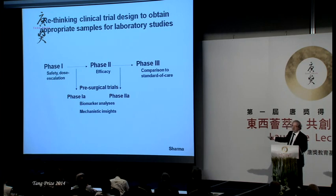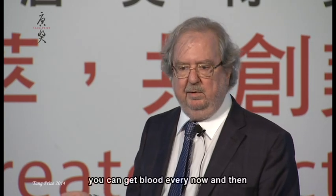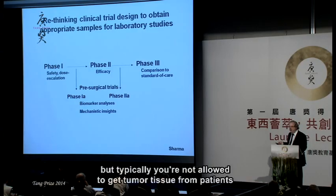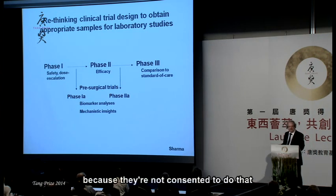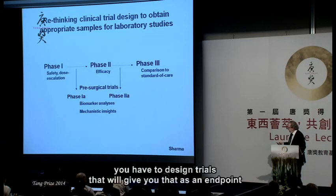But if you do this, you can't really learn anything about mechanisms because the patients in these trials, you can get blood every now and then. Maybe you're lucky if you can get a biopsy, but typically you're not allowed to get tumor tissue from patients on these kinds of trials because they're not consented to do that. And so if you really want to do mechanistic studies, you have to design trials that will give you that